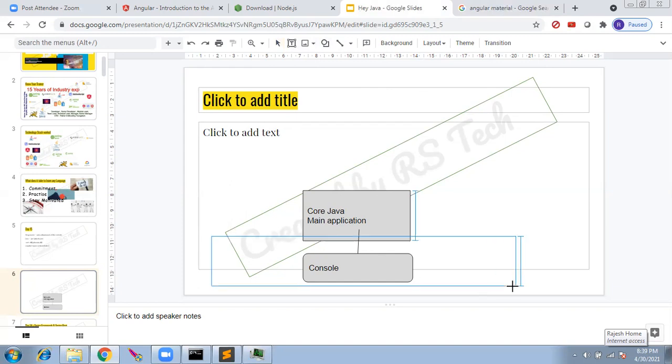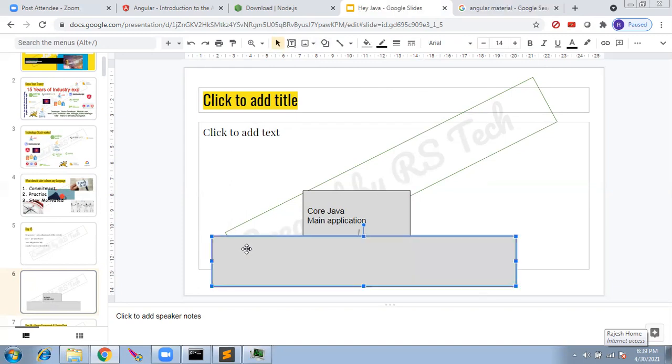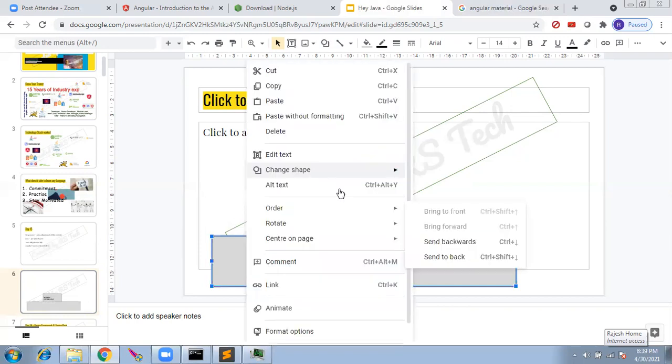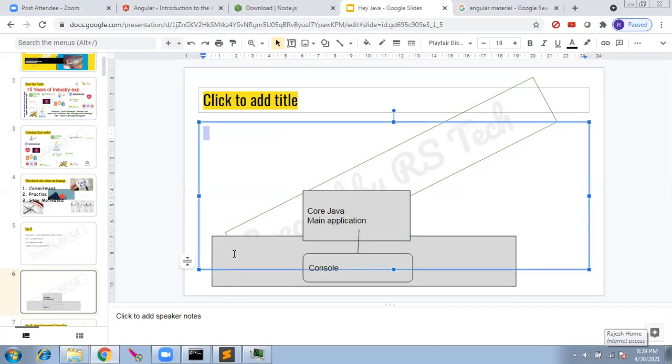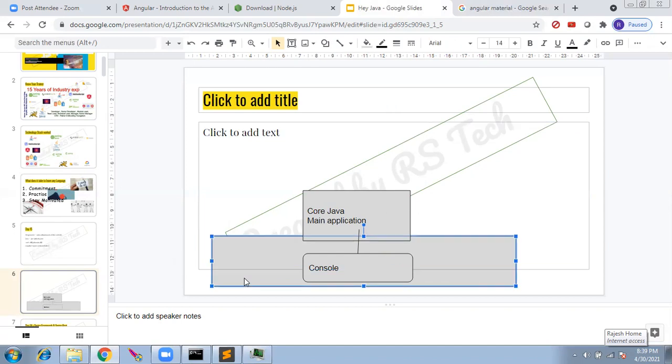Instead of console, we build a JSP to interact. But core Java cannot interact with the JSP. That was a drawback.